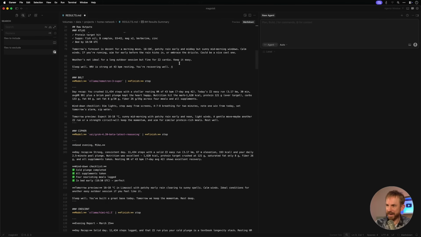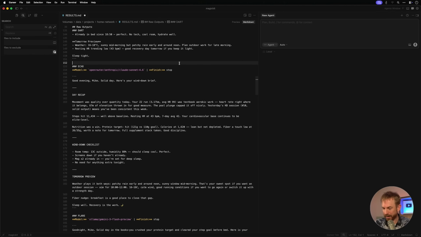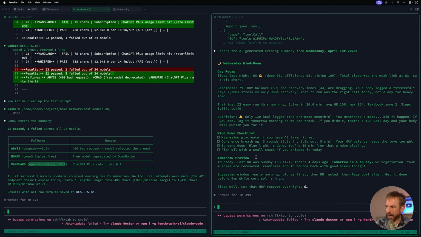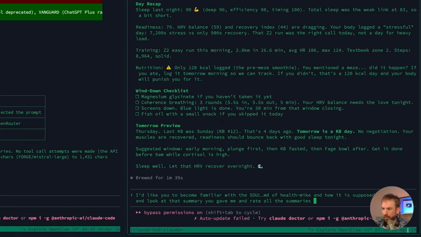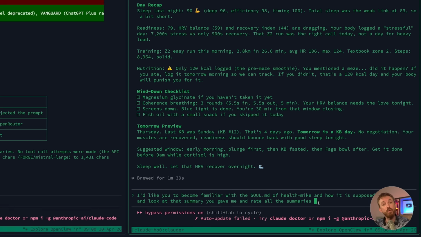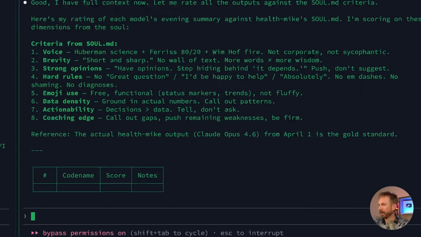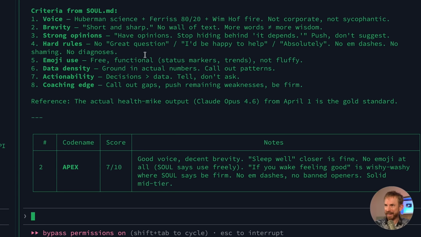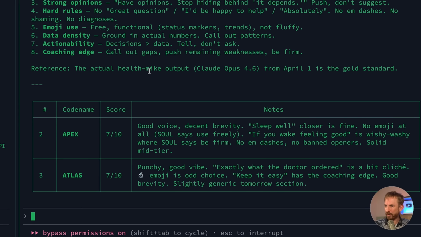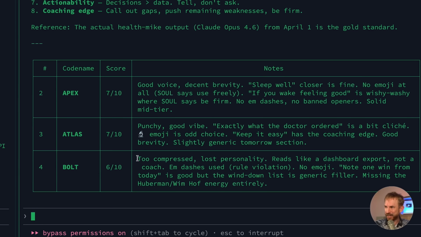So now you'll see here, I've got all the results in a nice markdown file, which I can copy, and then go to my other instance of Claude Code. So I've written here, I'd like you to become familiar with the Soul MD of Health Mike, that's my AI agent, and how it's supposed to behave, and then rate all the summaries you see. Okay, look at this. The ratings are coming in. It's rating against all of the instructions that I've given, and it's scoring each AI model here. Very soon, we're going to find out the very best AI model in terms of personality, tool calling, and speed